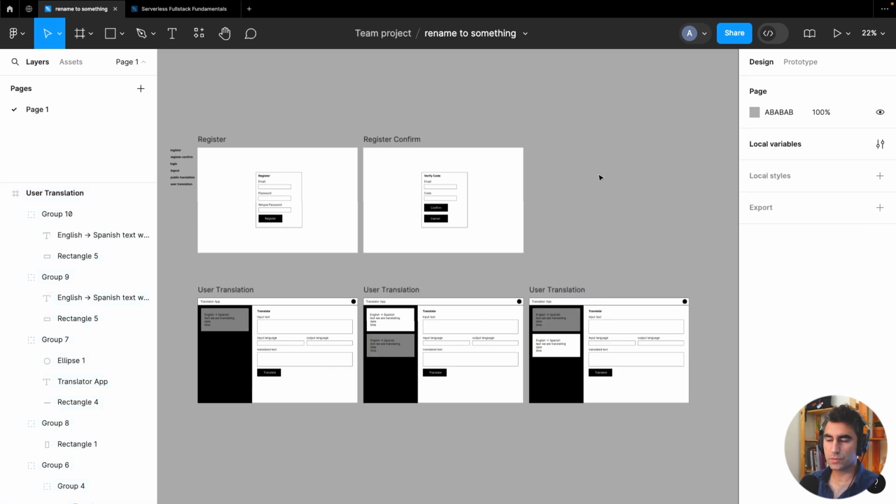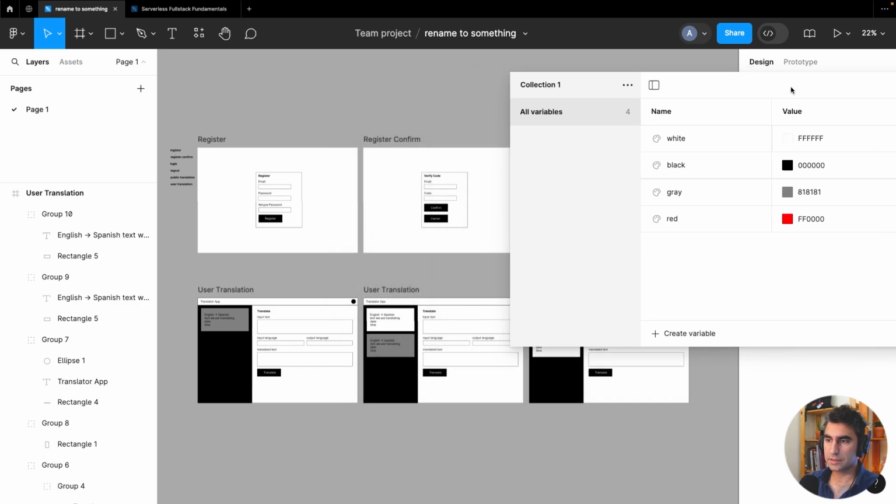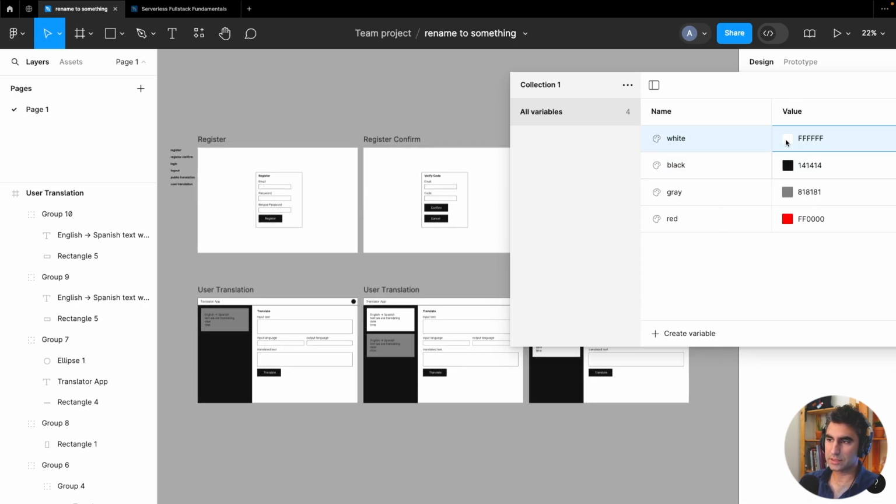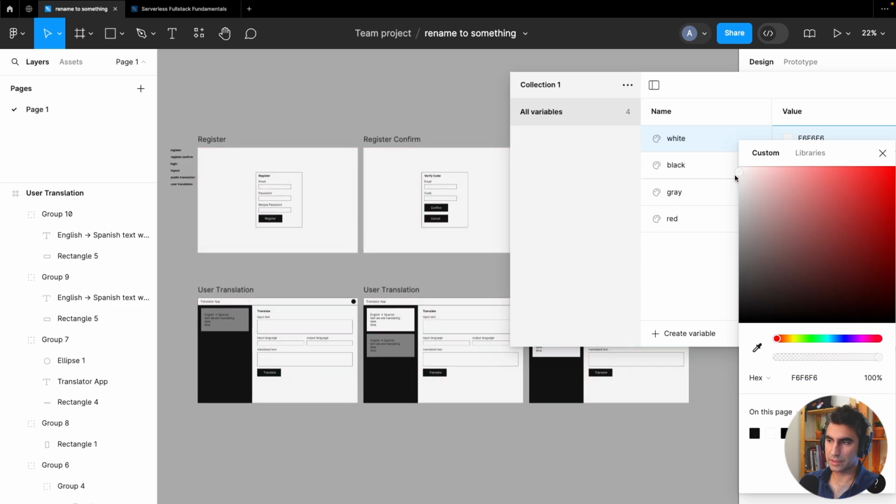So as you might have guessed, what's the benefit of doing this? I can go to the local variables here, and if my black is too dark, I can make it charcoal, so I can bring it up a bit, and you can see on my canvas the color is changing as well. So I'll make it slightly less dark and the white slightly less white, so I'll bring it down a notch,